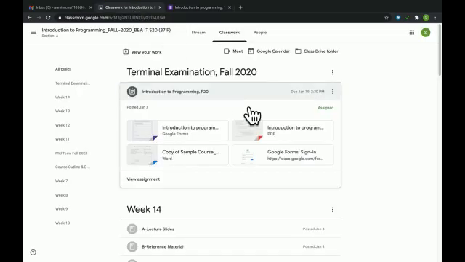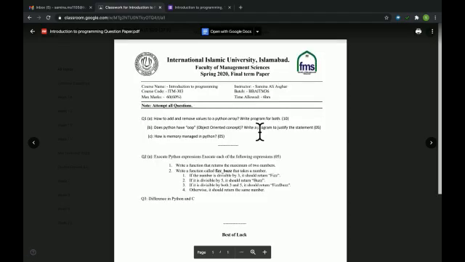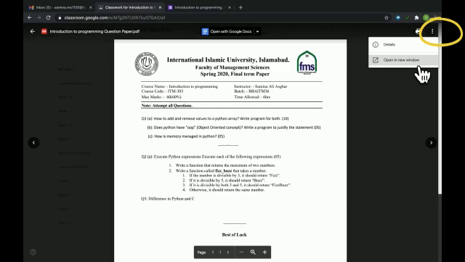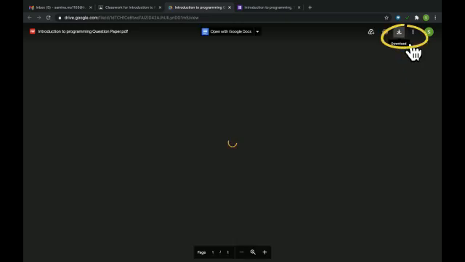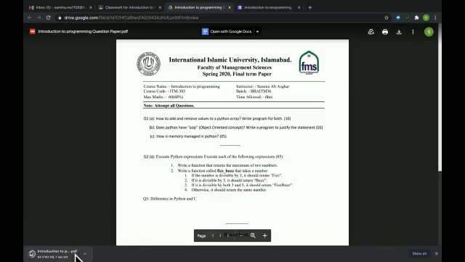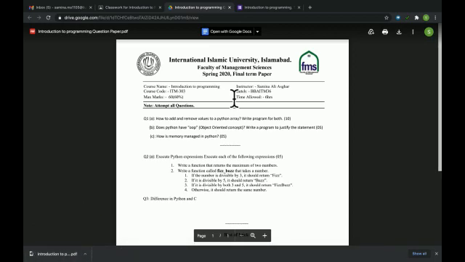Going back to classwork, you can click the PDF, that is your question paper. You will click on these 3 dots, open a new window, and then you will see a download button is enabled over here. So you will click on this button and your paper is being downloaded. It's all up to you whether you want to download your paper or view your paper.